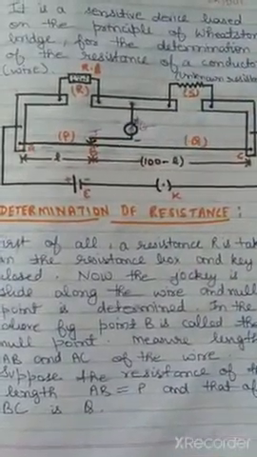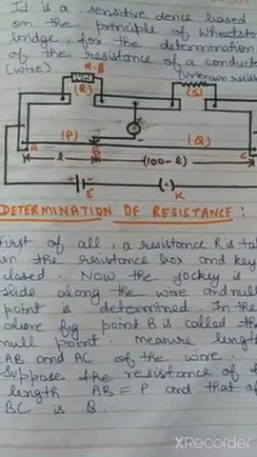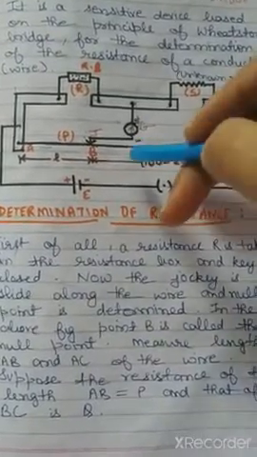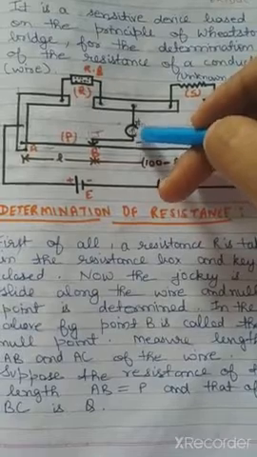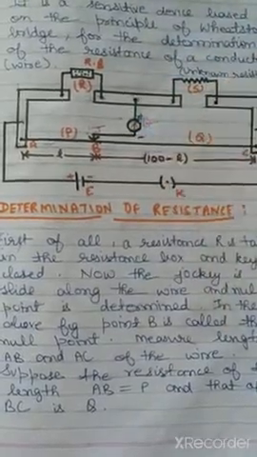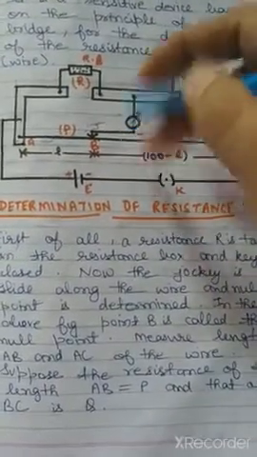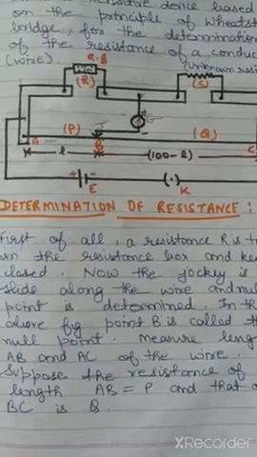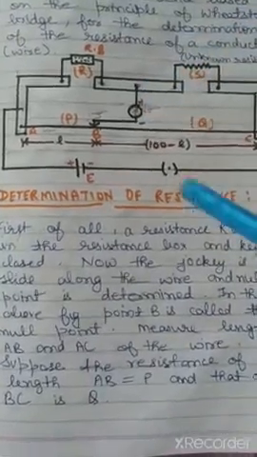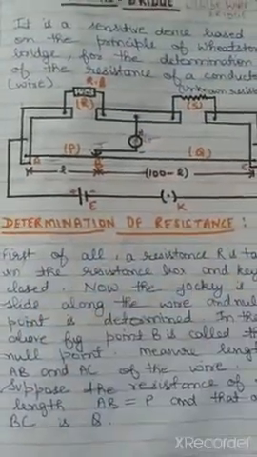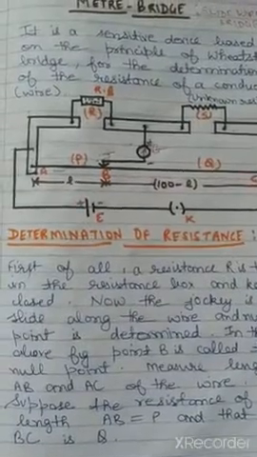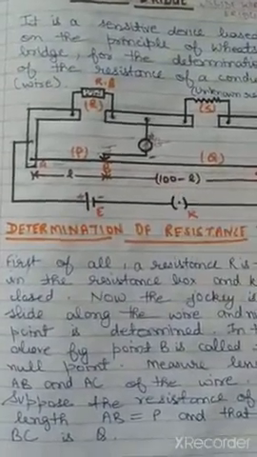Clear? So there will be one terminal of it, and on that terminal we connect the wire, and then the second end will be connected with the galvanometer negative. So the jockey is always connected with the negative of the galvanometer. Clear? Now when we have completed the circuit connection, then we switch on the battery and the key is closed, and